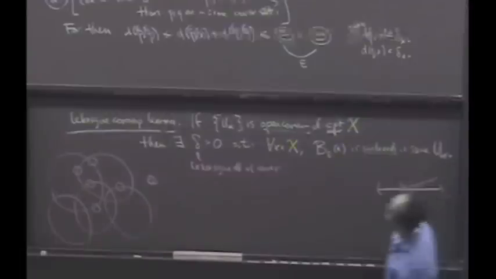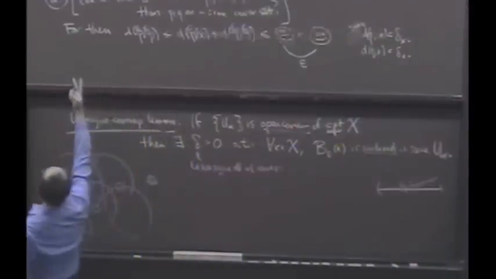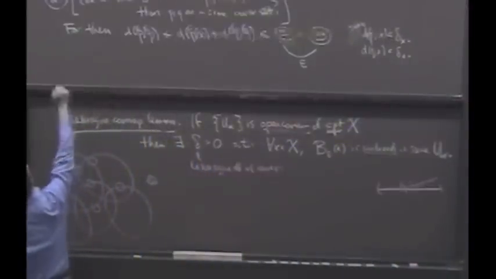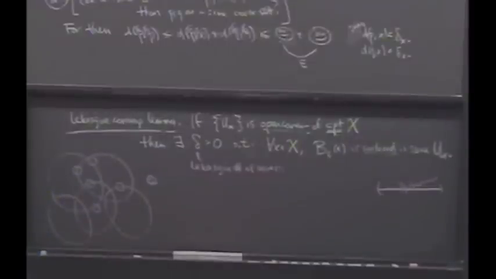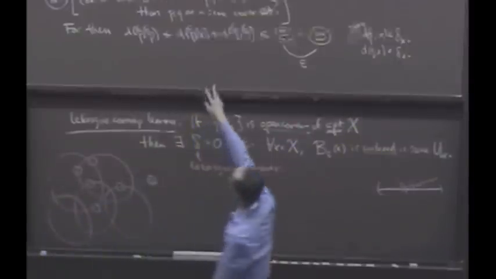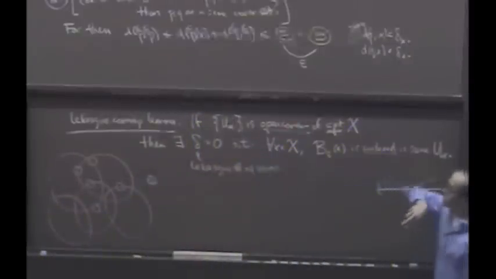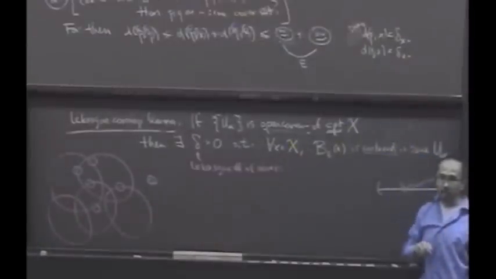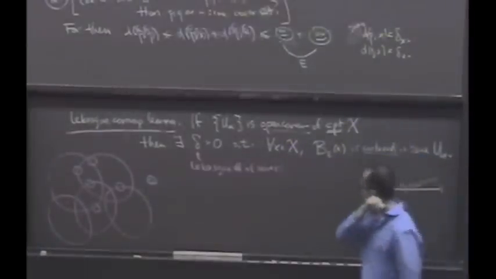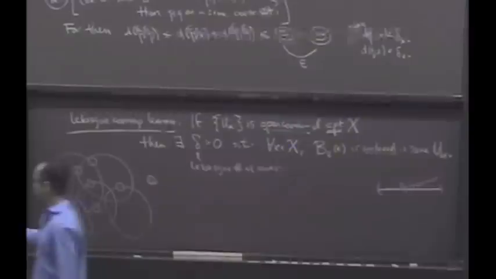And that's what we're saying here. If there's a pancake you can throw down so that it lands completely in one of those delta X balls, that's the delta that I'm interested in, then we're in good shape because we'll be able to complete the proof as desired. So let's see why this Lebesgue number exists.